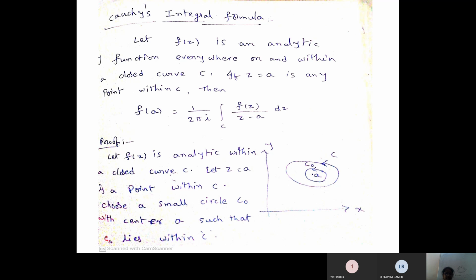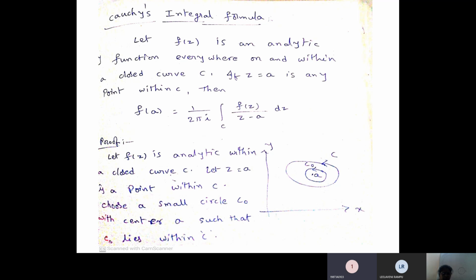So, f(z) is analytic everywhere. Everywhere means what? On the closed curve C and within the closed curve C. So, f(z) is analytic at every point on the closed curve C and at every point within the closed curve C. Within the curve and on the curve. Then,